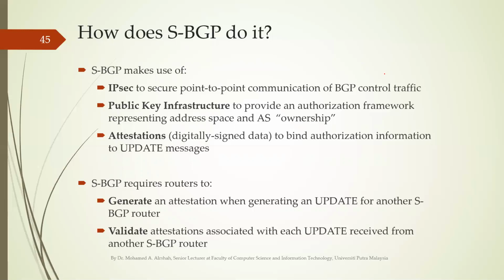Because they rely on something called the IPsec protocol. So Secure BGP also relies on IPsec to secure point-to-point communication of BGP control traffic. Every two neighbors, two BGP speakers, establish a connection first, then after that they use an IP security tunnel to secure against any unwanted